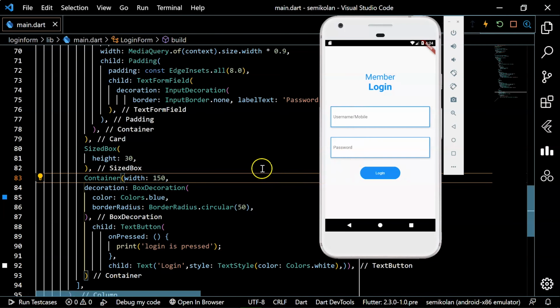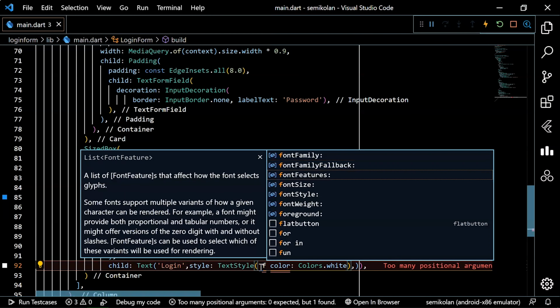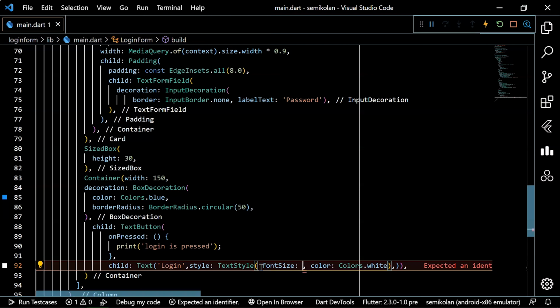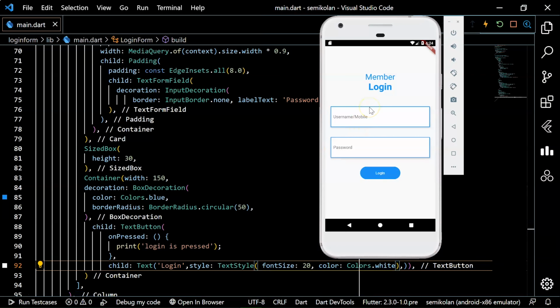Okay, so it's good now, and now we have to simply increase the font size of login. Font size, and let's say font size is 20. Okay, so now it's good,